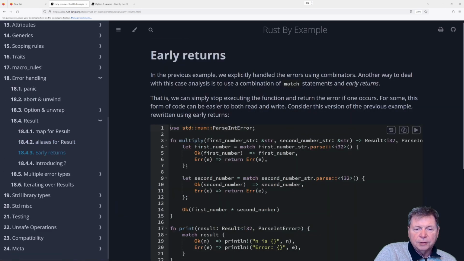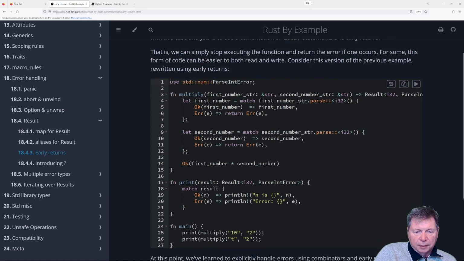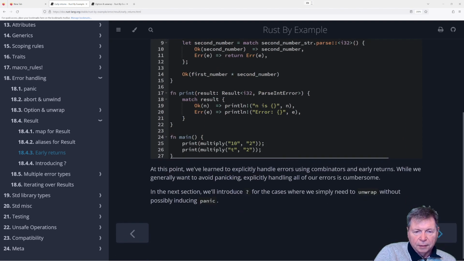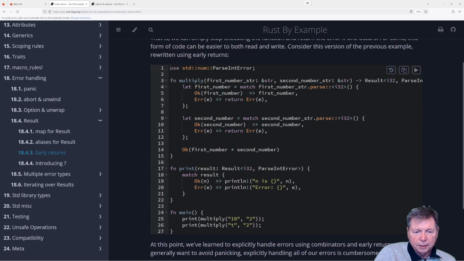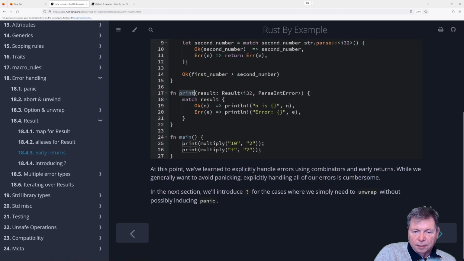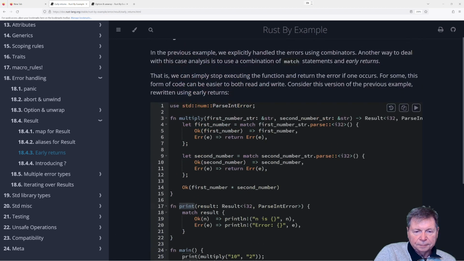Early returns. Another way to deal with combined match statements and early returns. Main print multiply. Multiply is going to, where's multiply? Oh, there's print. If it's an error, okay. All right.